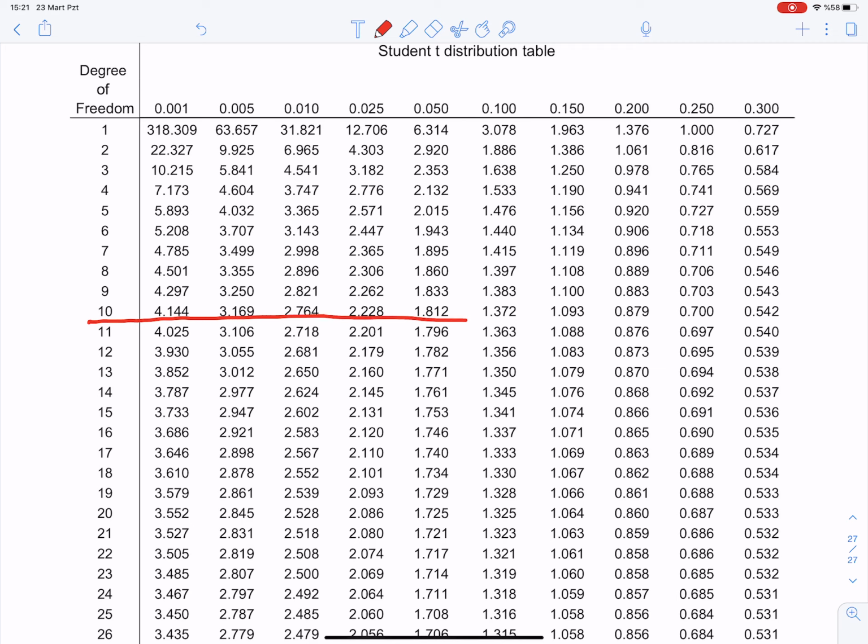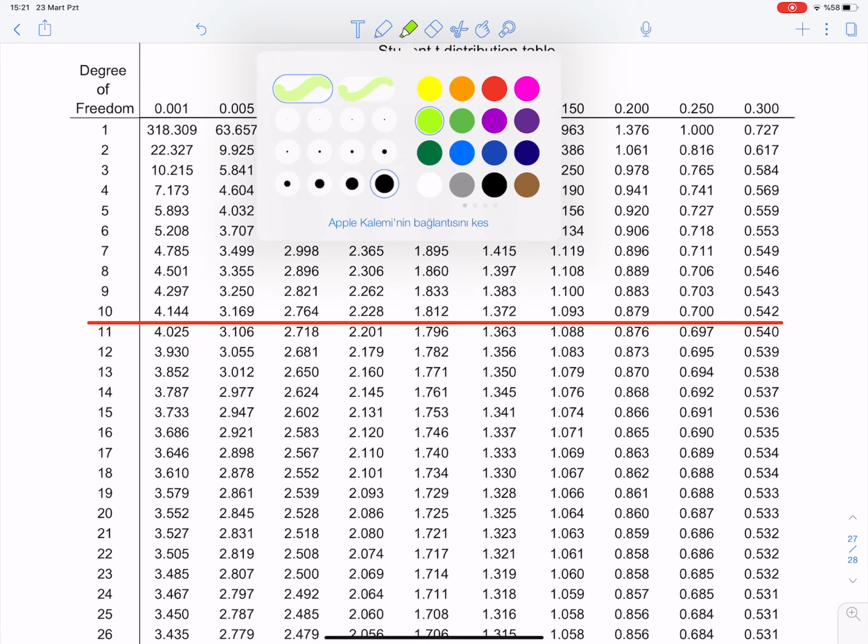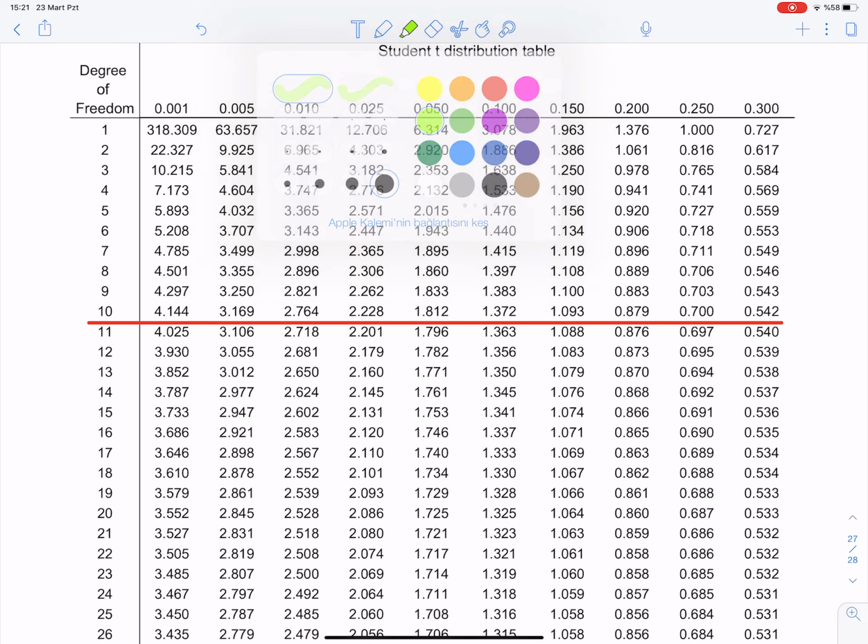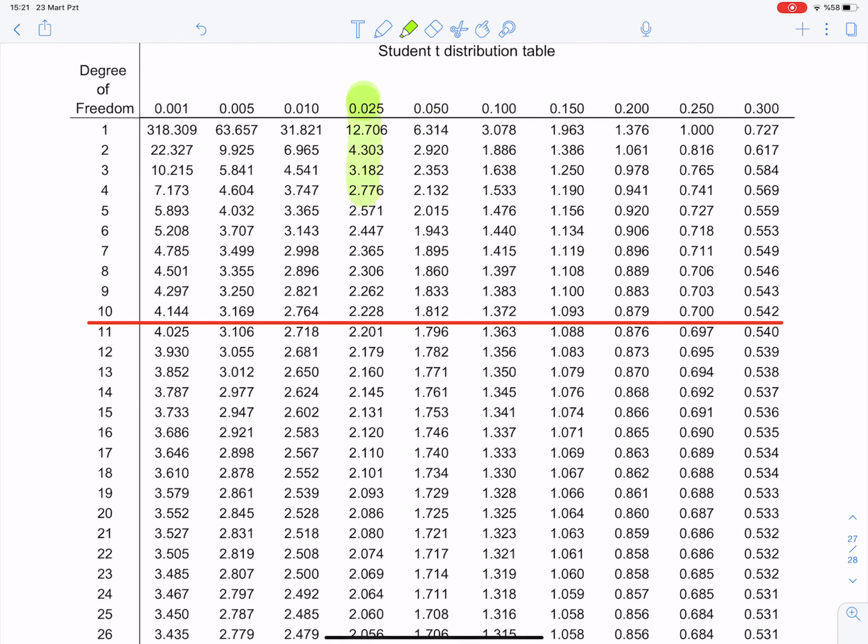I'm interested in this row, and the column 0.025. That's the column I'm interested in, and the value I need to get is